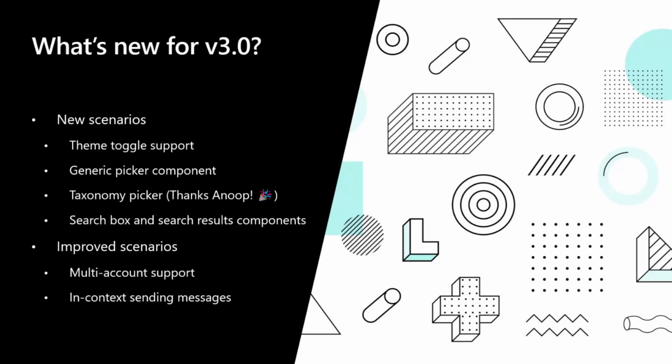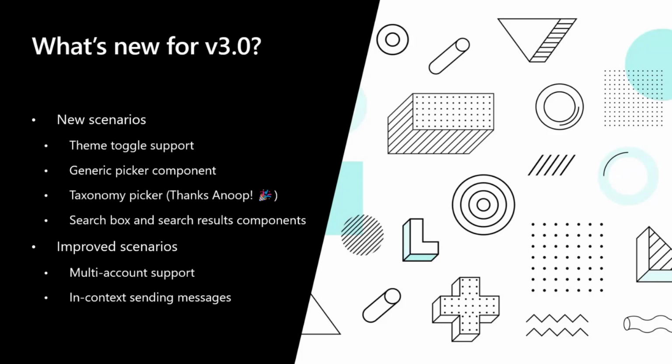What you see is only the current account data. We don't mash data together, but you're going to be able to go from one to the other, and caching will work. We're going to ensure that our tokens are the right ones. You're really getting the data you need. And finally, we're going to do in our person card some in-context sending of messages. So the same way in Teams, you can hover on somebody and send them a quick chat straight from that card. We're bringing that to our person card.